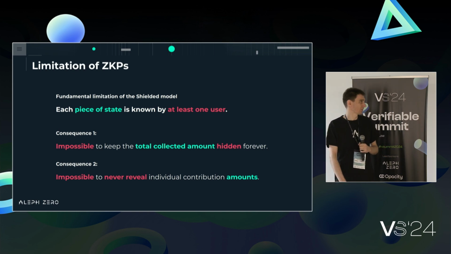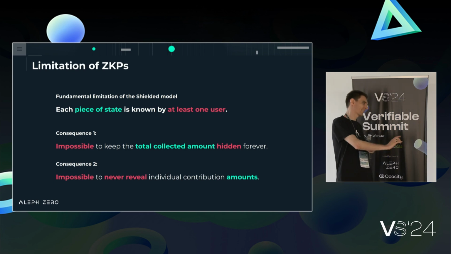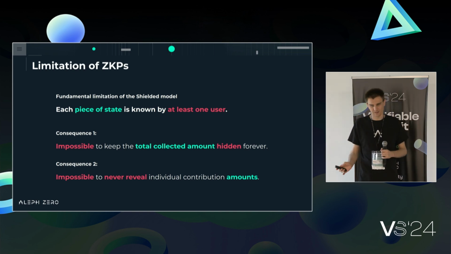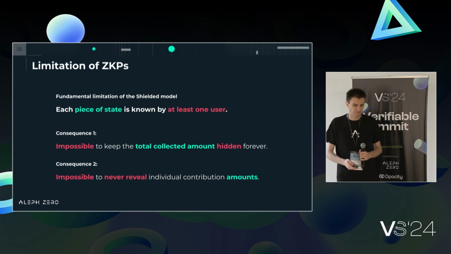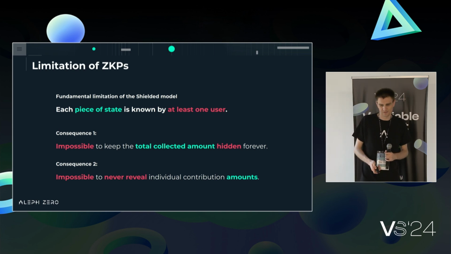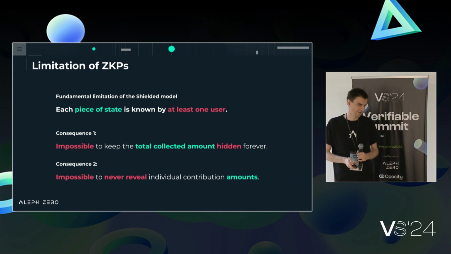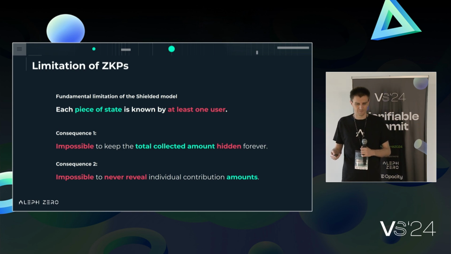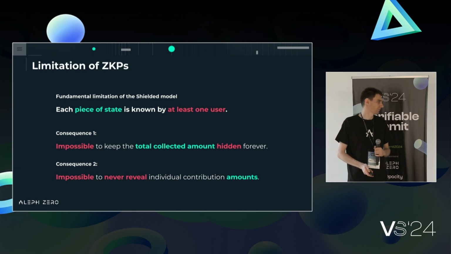Okay, so now we know the limitations. Of course, this is not an exact science, since I gave an argument that makes some assumptions, and maybe if you mix in a little bit of other cryptography, then you will be able to overcome that. But I am referring to a specific model, this shielded model of computation. In this model, this all is true.